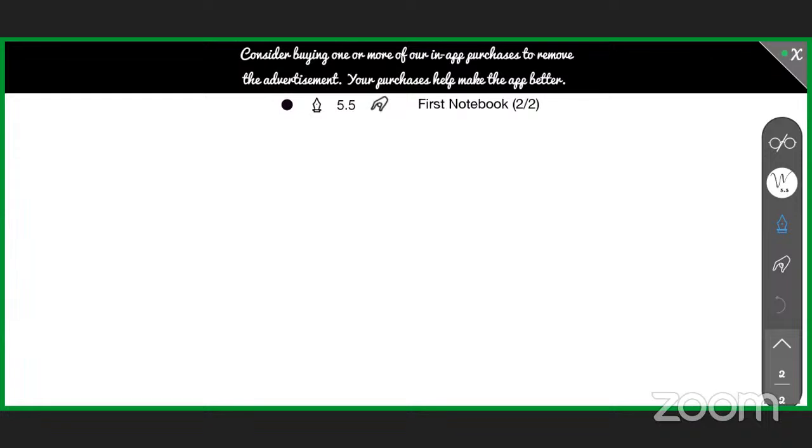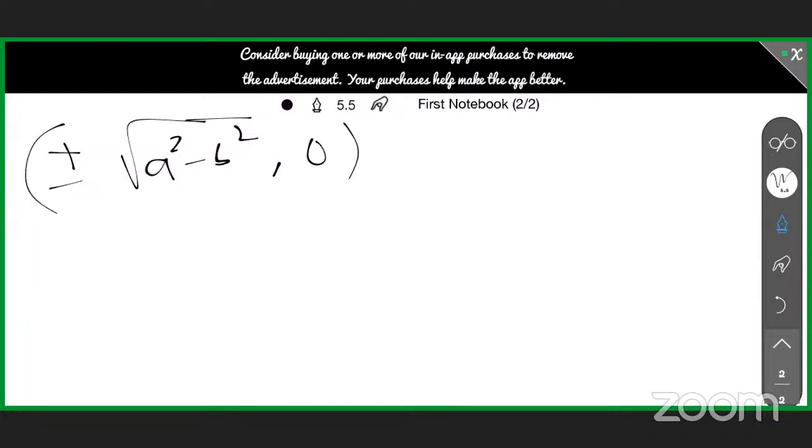Plus or minus root a square minus b square, comma 0, comma 0, 0. x by a cos alpha,